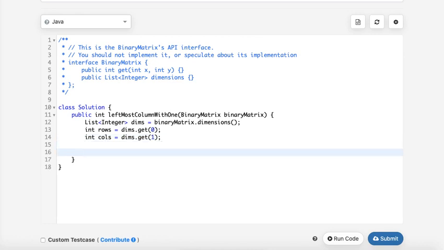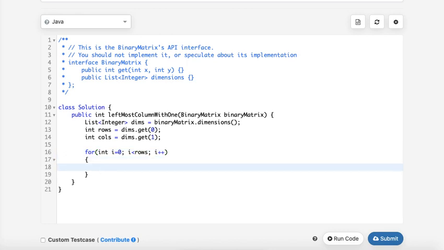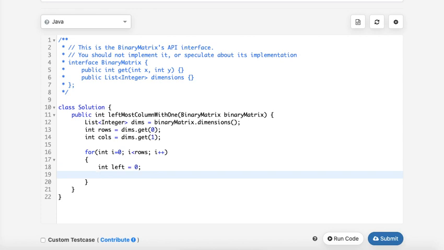For every row I have to do this, so I'll iterate through them. For every row, I initialize left to 0 and right is the rightmost of the array, which will be cols minus 1.